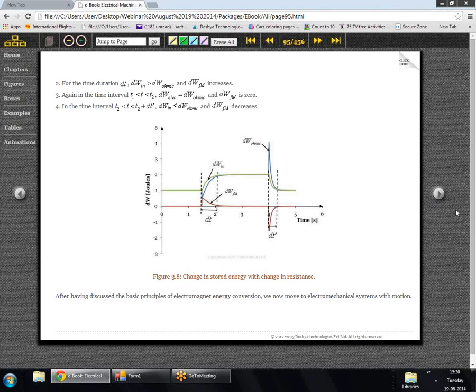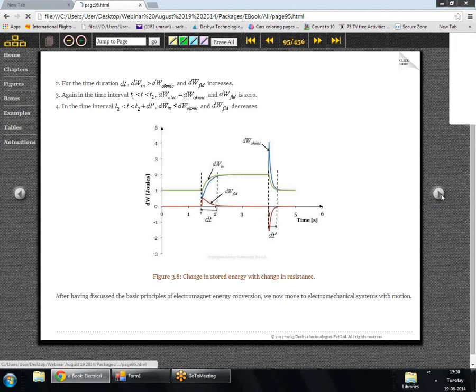And this decrease in the stored energy usually manifests itself in terms of heat across the resistance. So if you see here very carefully, a form of electromechanical energy conversion has taken place. Why? Because the decrease in the magnetic energy has resulted in heating of the rheostat. Okay, so the field energy, the magnetic field energy, is converted into heat. So there is a kind of energy conversion. So this is the idea about electromechanical energy conversion.